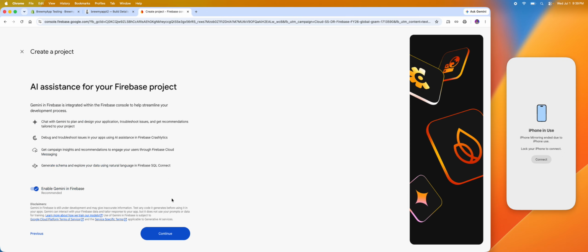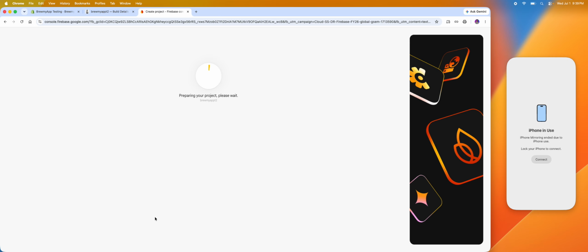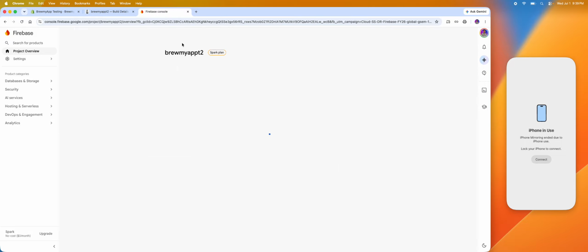Click on continue. I'll disable the Gemini. I'll also disable the Google Analytics. Click on create project. Click on continue. Now our project is created. We just need to